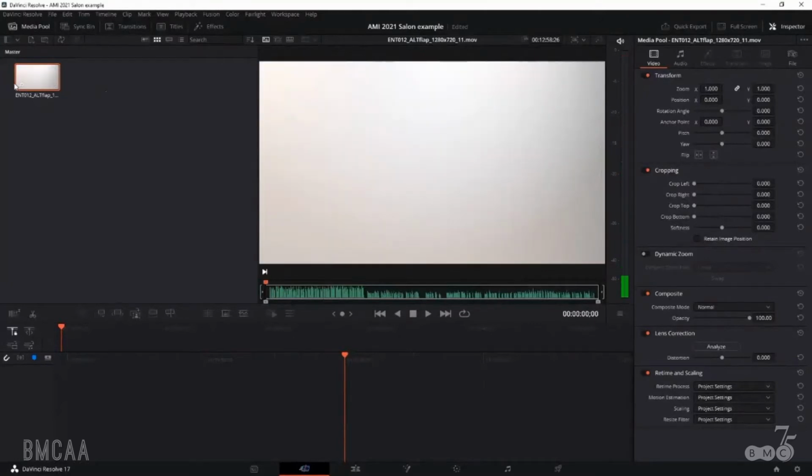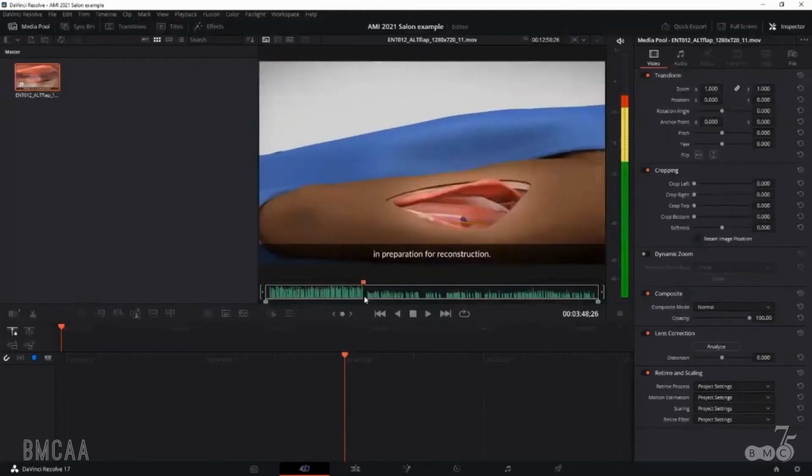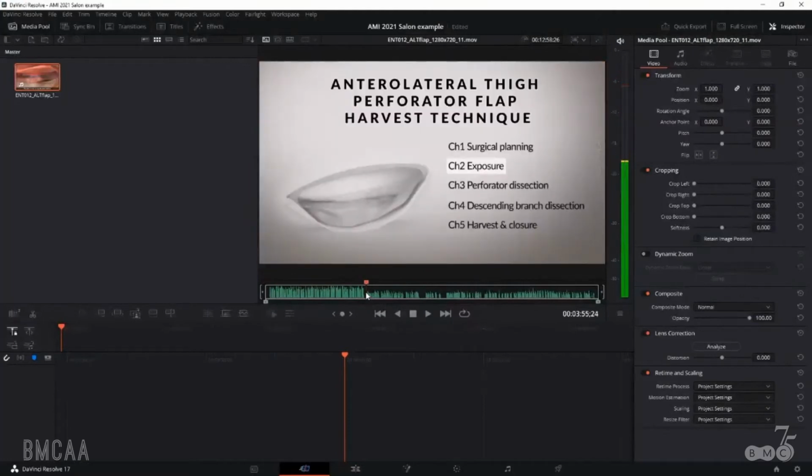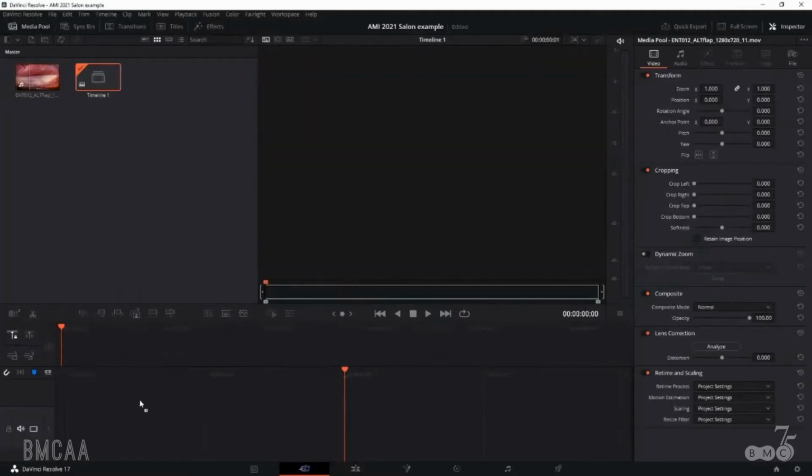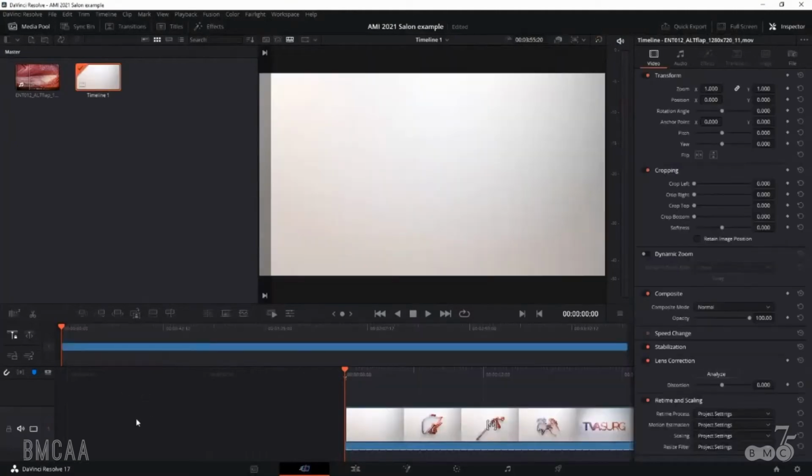So while hovering over the video, having it active in the viewport, I'm gonna hit I, and that will activate the in point. And then I'm gonna scrub over here to where the intro ends. And then I'm gonna hit O, and that's gonna be my out point. And so now with my in and out point set, I can drag the demo clip into the timeline here,